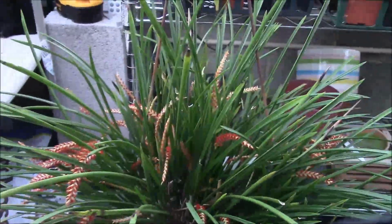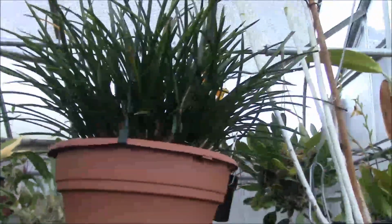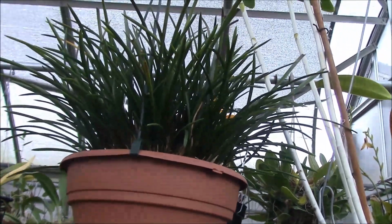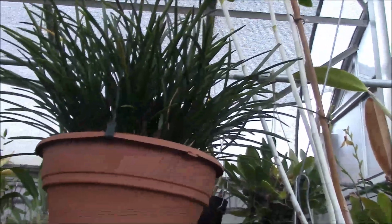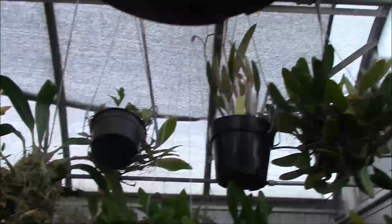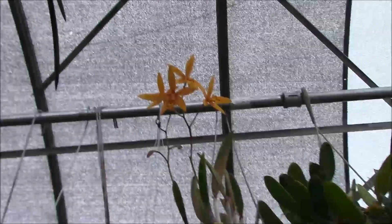There's also a yellow form, which I have, but it's not blooming yet. That one is the yellow form. It just got moved up here recently, so maybe it wasn't getting enough light before. Behind it, moving on to Cattleyas,